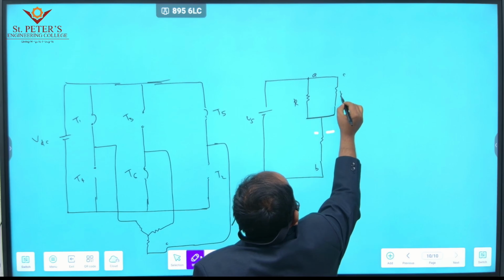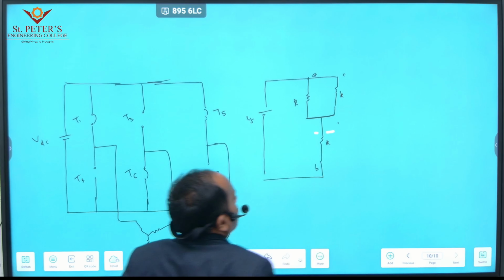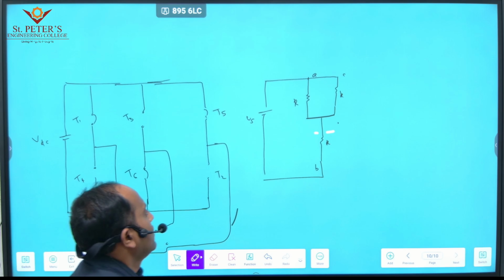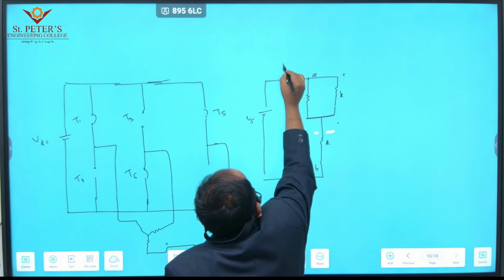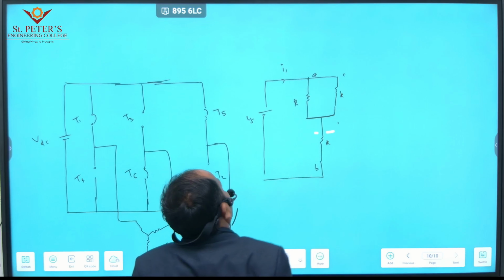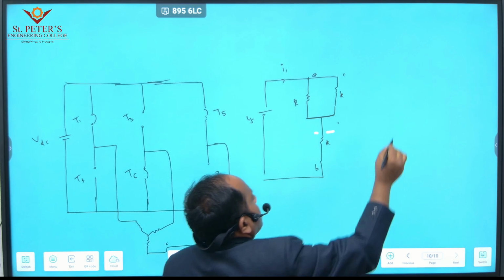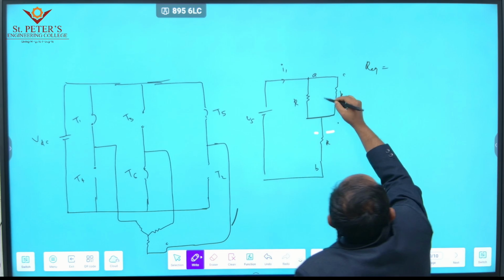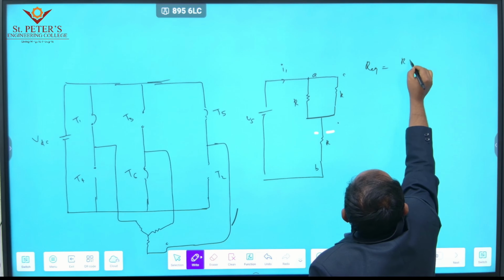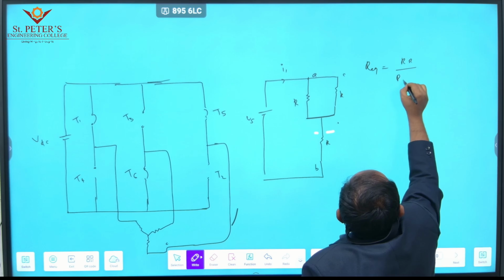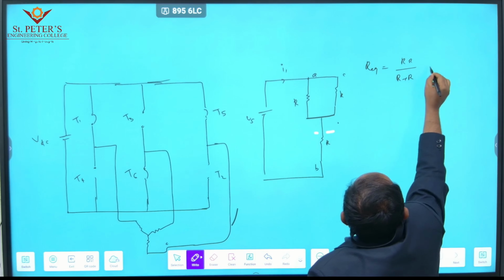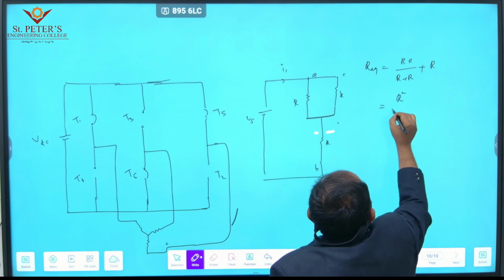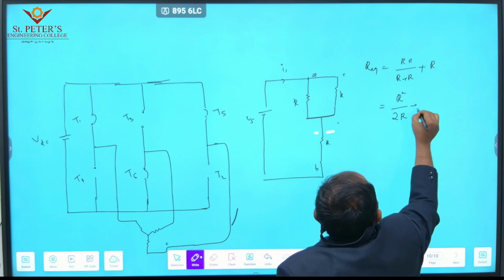That's why all impedances are equal. For easier analysis, we can assume a resistive load only. Then what is the total current I? Say for the first interval, I1. First find out R equivalent. R1 and R are both in parallel, so R into R by R plus R, and the remaining resistor is in series. Then we can get R square by 2R plus